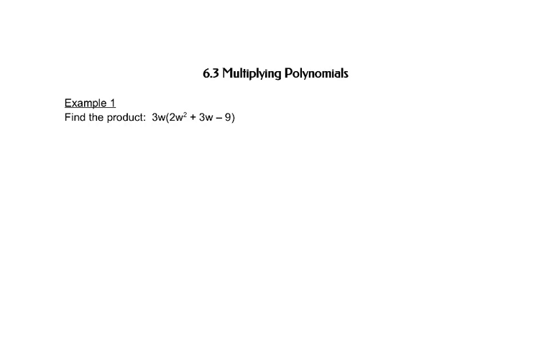In this section, we'll look at how to multiply things when we don't just have a monomial times a monomial. So in this first example, we just want to distribute. We want to take that 3w times everything. So at least for the first time, we'll write it out. So we have 3w times 2w squared